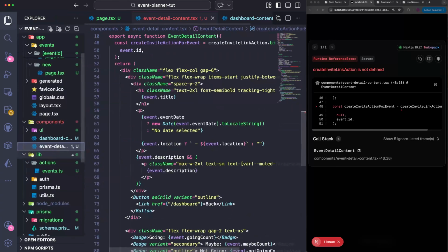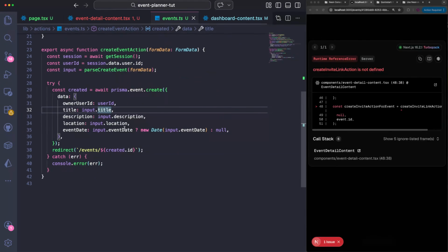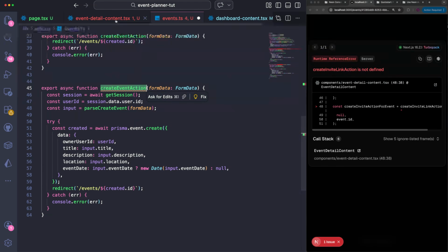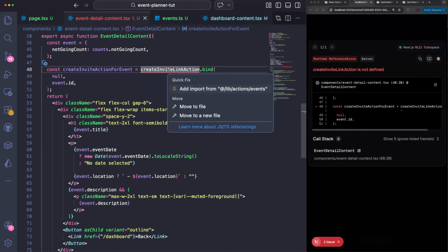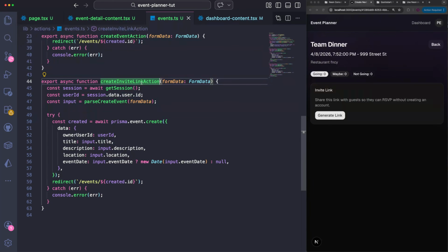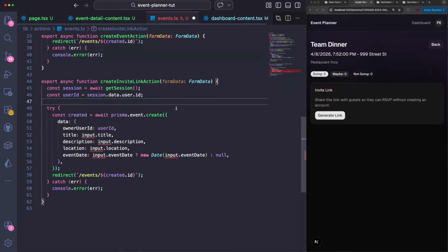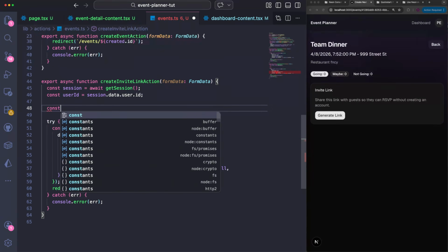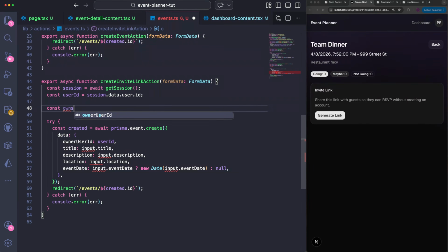And I'm going to come over here to our events, and I'm going to create our new server action, but it's going to be called the create invite link action, and I'm going to just import it so that it doesn't break. Now, what are we doing with this server action? Well, the first thing we want to do is we're not going to need any of this, but we're going to need to check to see if the user owns the event. So we're going to create a variable called owns, and we're going to await